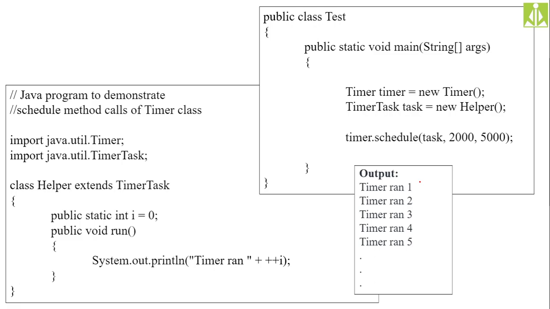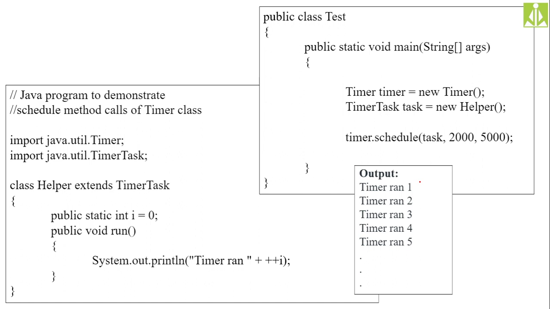Okay, so then this is a simple demonstration program. Here we are making use of some other classes as well, which are available under the util package. Timer task, Timer is our class, the one we are discussing. This TimerTask is also available under the java.util package. So this implementation is something like scheduling a particular thread for so and so time.